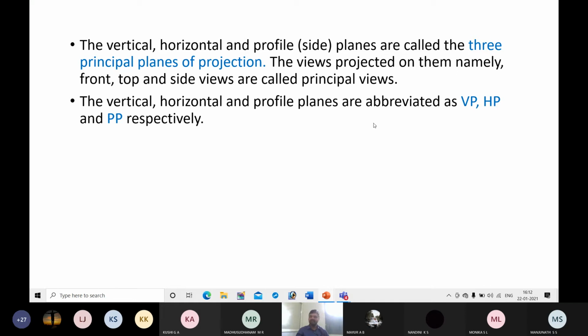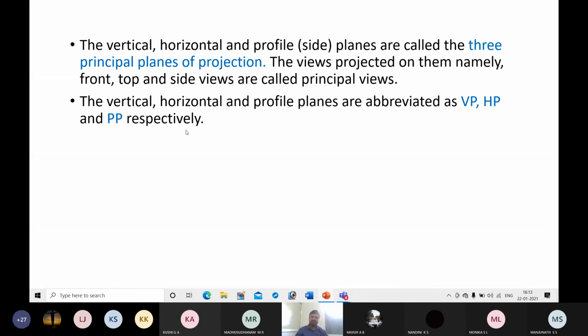Whenever we are preparing drawings, we don't write vertical plane in its full form. Instead, we write only VP. You should know the abbreviations. The vertical, horizontal and profile planes are abbreviated as VP, HP and PP. VP means vertical plane, HP means horizontal plane, and PP means profile plane.